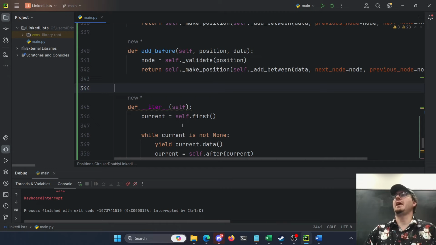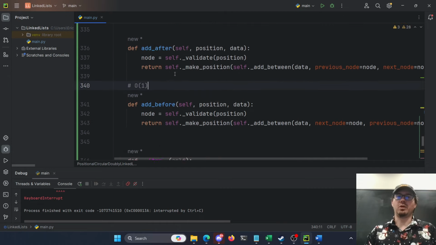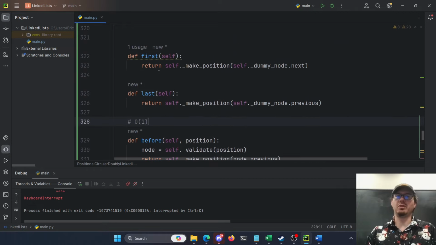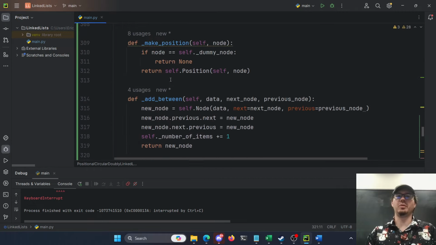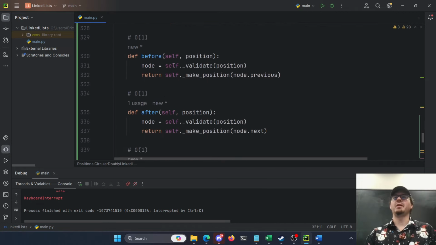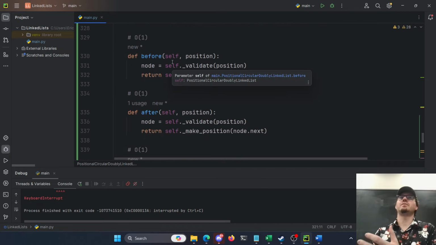Anytime you iterate, it's n items here. Adding before, O of 1. Adding after, O of 1. Getting the next one, O of 1. Getting the before one, O of 1. Getting the last one, O of 1. Getting the first one, O of 1. Right? All of those are O of 1, but now the problem is I don't have a function for add